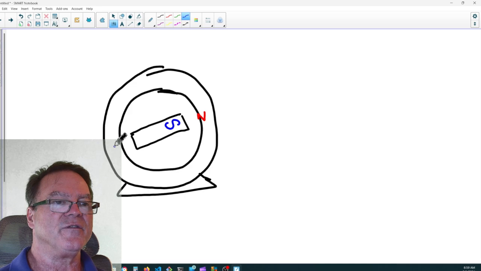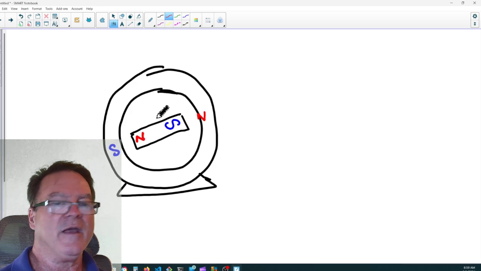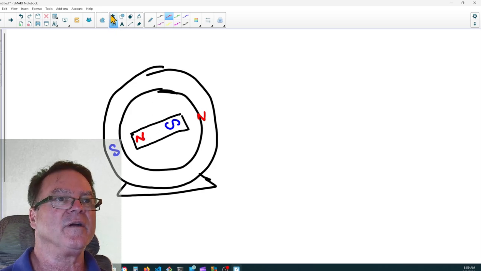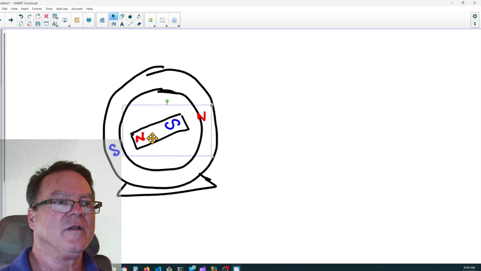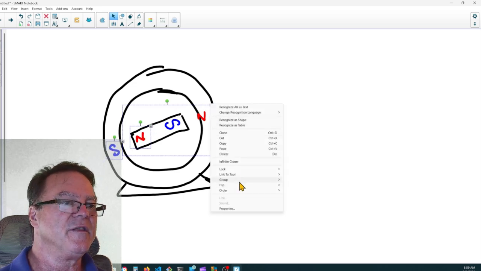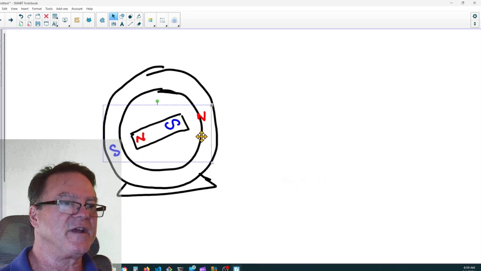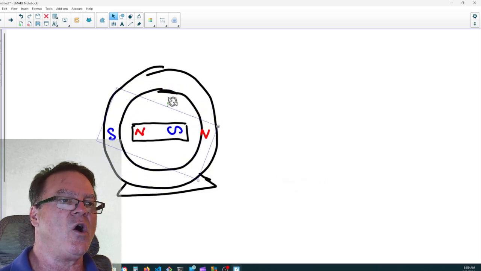Draw another south over here and another north over here. And then I'm going to grab this one and this one and this one. I'm going to link them all together. That way it's going to turn and stay on my axis. Oh, that's